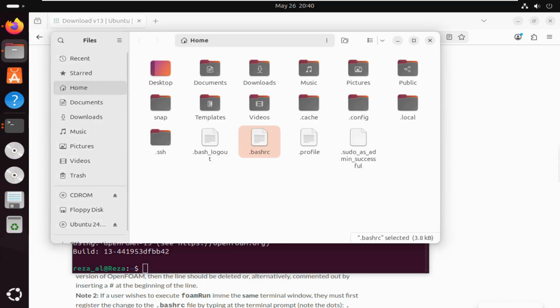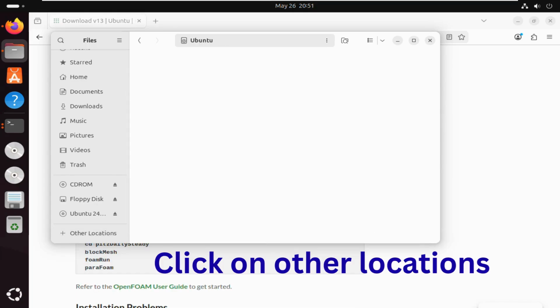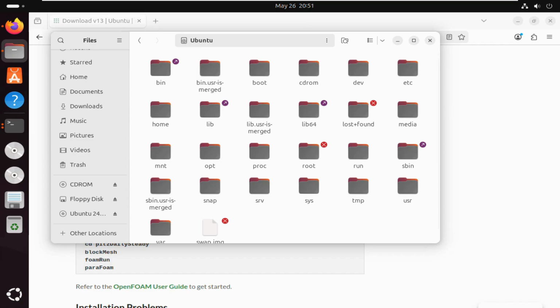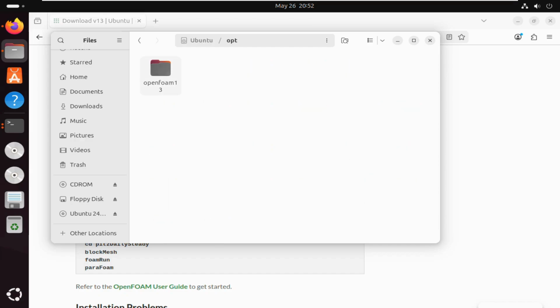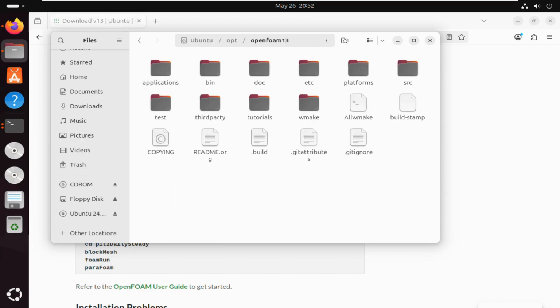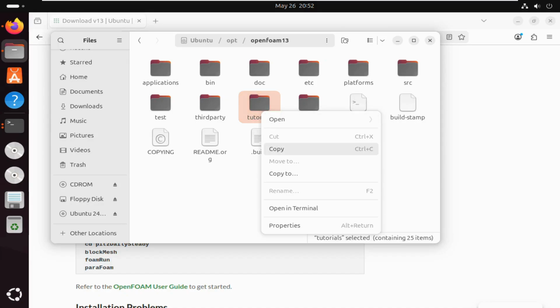So where is OpenFOAM installed? Click on Ubuntu, or if you have other versions, then try to find opt. This is here. As you can see, this is our OpenFOAM installation folder. You have everything, but for beginners, you don't need any of these folders. The only thing that you need for your first simulations is the tutorials folder. You just copy this,